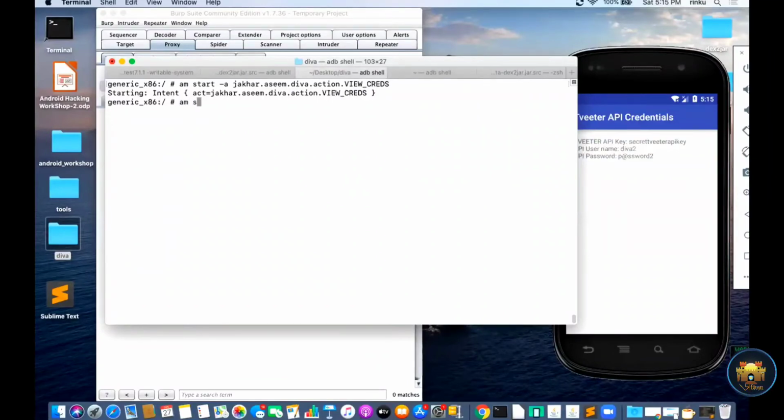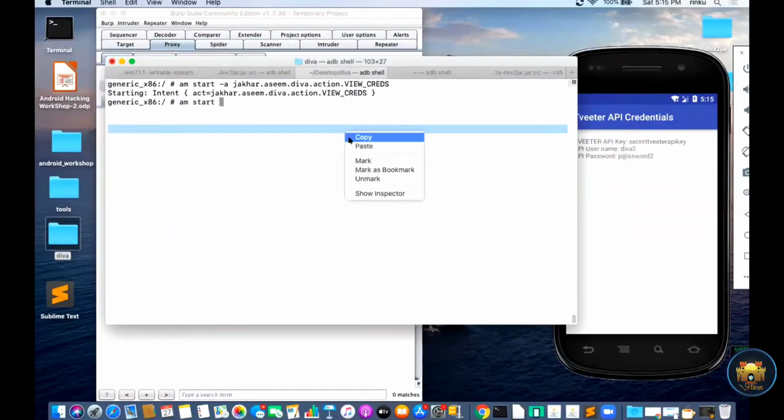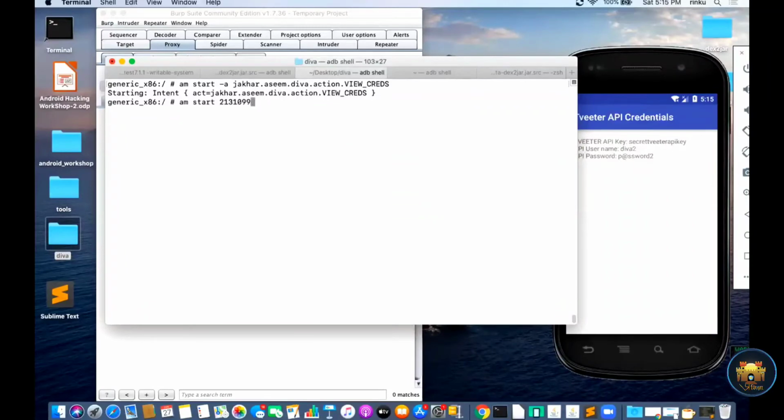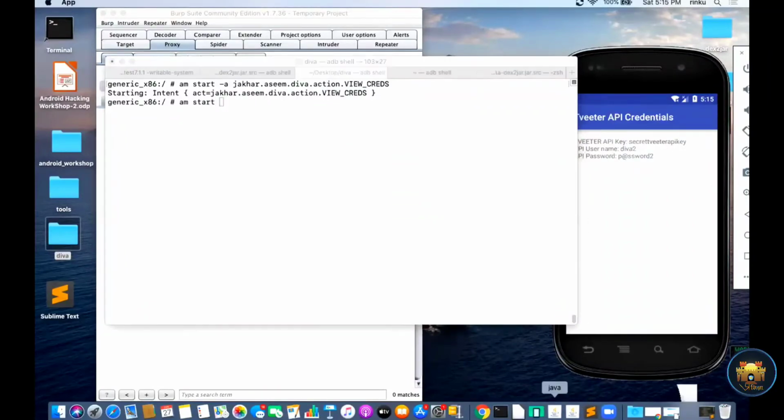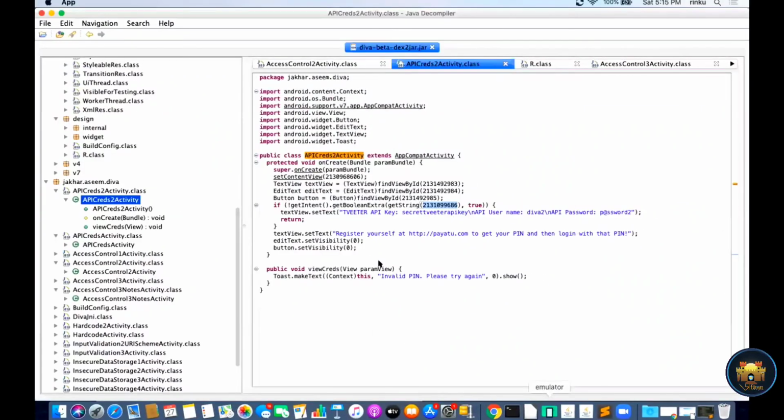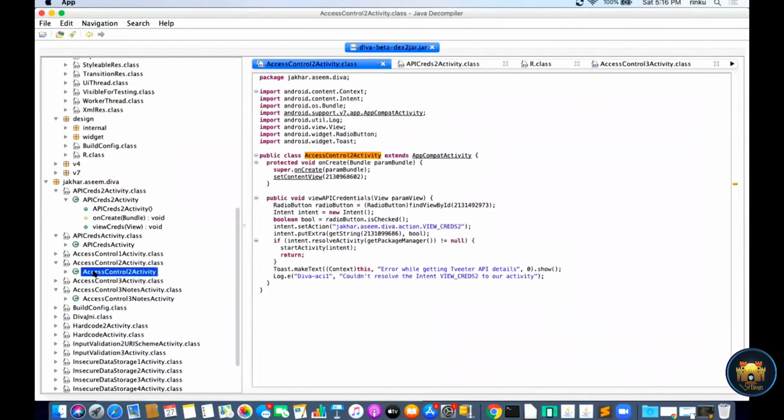Activity manager start, and I need to copy this intent value. Yeah, just copy this intent value.